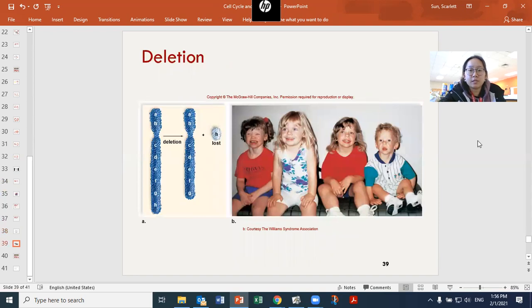And for example, during deletions, you can have things like the Williams syndrome that comes out of it, where you get mental impairments, physical development issues. You can get reproductive issues that result when entire genes are lost, because sometimes they are really, really important.